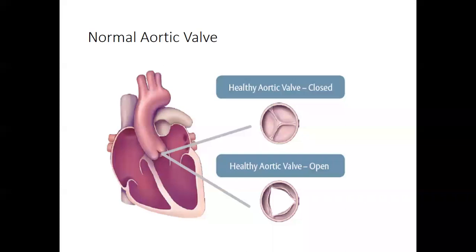Anatomically, you know that this is a tricuspid valve having a left coronary cusp, a right coronary cusp, and a non-coronary cusp. These three are separated by commissures. So this is the commissure, the arrow is showing the commissure. So three commissures separate the three aortic valve cusps. One valve is in the closed position, that's the diastole, and the three cusps are open in the figure below. During the systole, the three cusps are open.